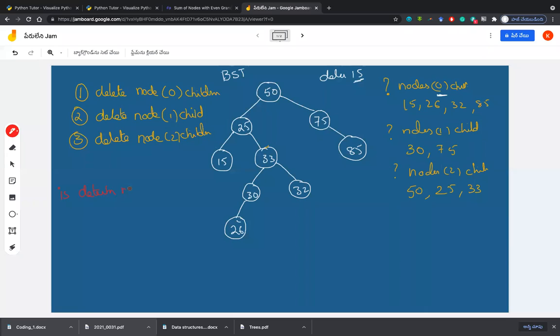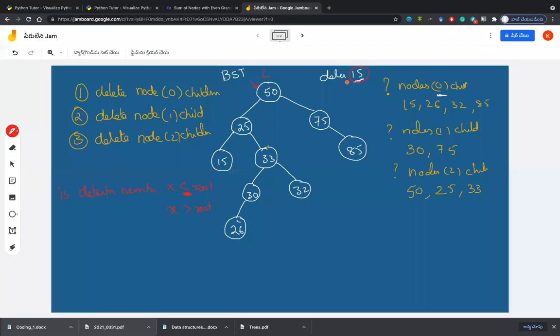the deletable number. If X is less than the root, we go left, or if X is greater than the root, we go right. This is how you need to find out. Because 15 is a deletable number which is less than 50, always try to check your left hand side. So when you are at 50 itself, check 25, the left side.